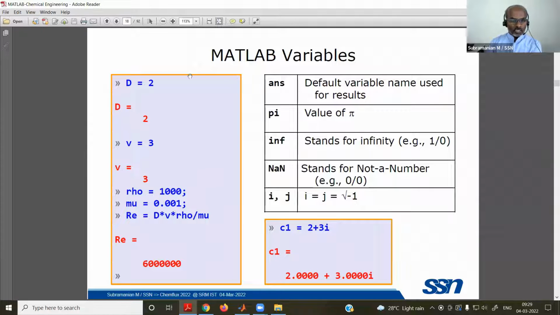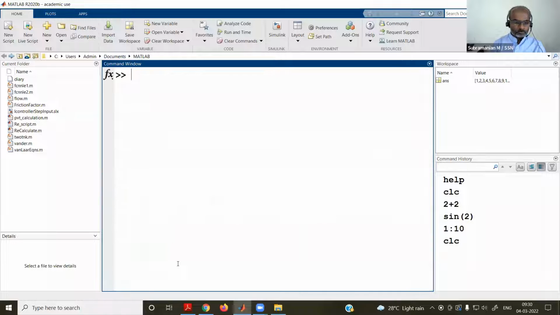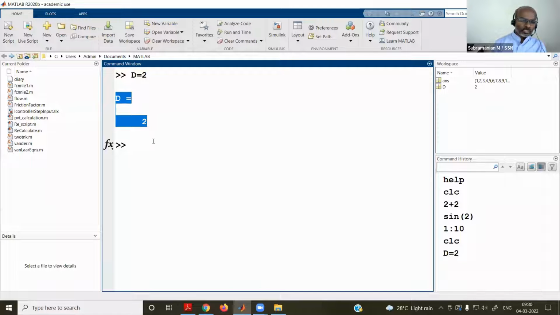Here I am using this color code. Whatever inputs are given in this blue color, and once you type, you'll be getting this output. Say, for example, CLC for clearing the screen. Say I'm typing D equal to 2. As and when you type, MATLAB is echoing this result.